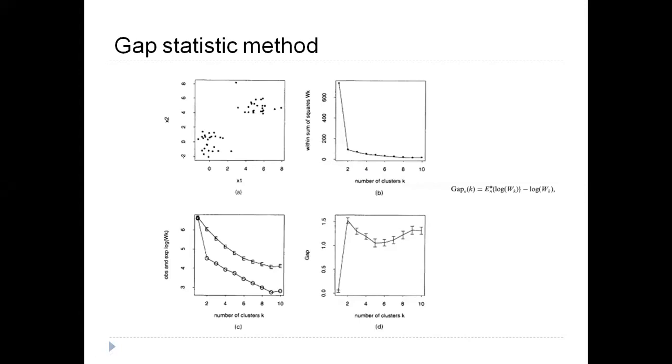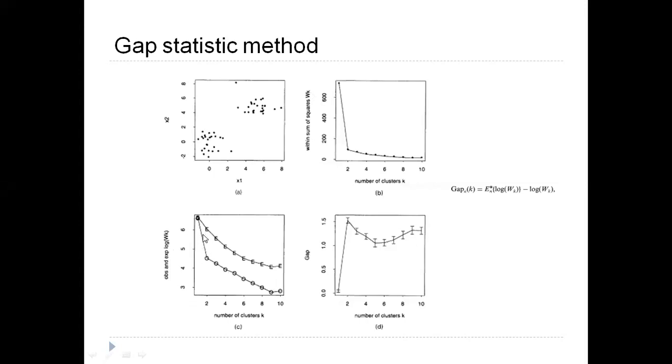Let's see what happens in the gap statistic. In the gap statistic method, you create a standard uniform distribution, and then you calculate the within sum of squares for that distribution. Then you plot both curves by taking the log of the sum of squares. So you compute this, take a log of it and keep it, then create a standard uniform distribution, calculate the within sum of squares, take a log of that, and plot both here.